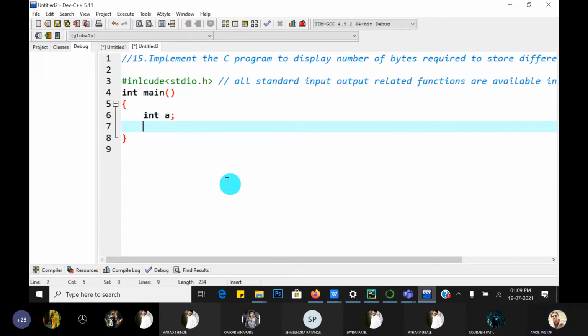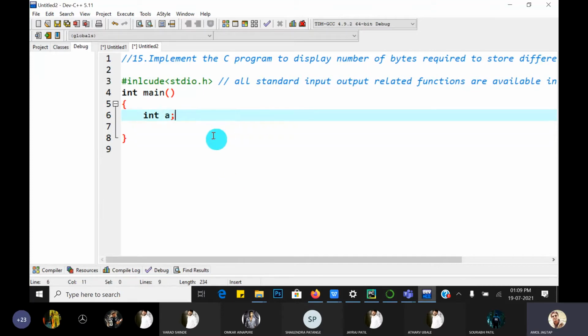Okay, clear? So this is called a variable declaration statement. This int a, this is called a variable declaration, because we have not assigned any value to the variable a, and this whole statement is called the variable declaration statement.